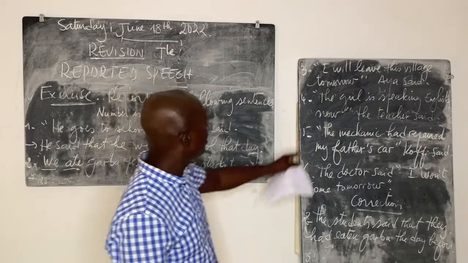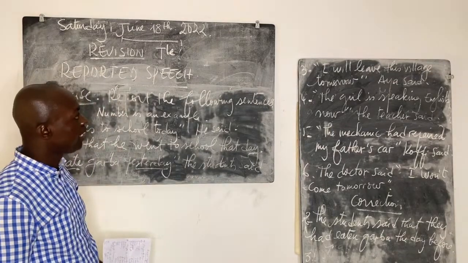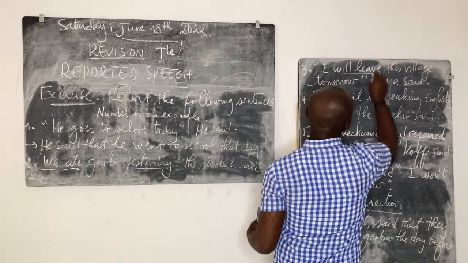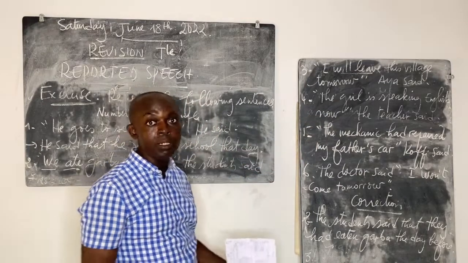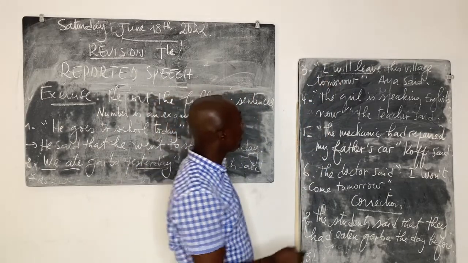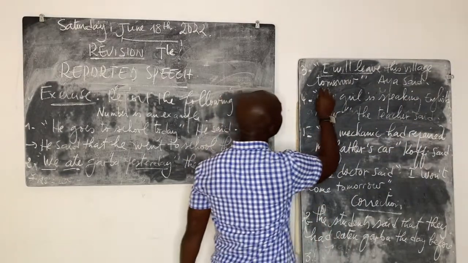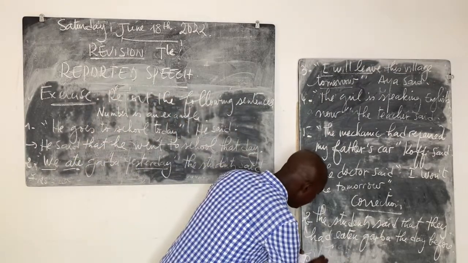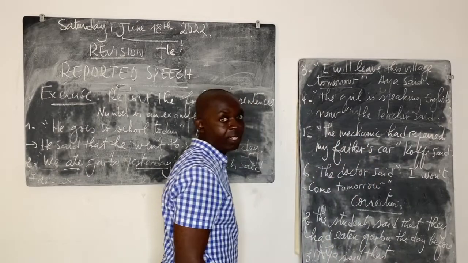3. I will leave this village tomorrow, I have said. The sentence here in direct speech, the verb is in future simple. So it's going to change. The future simple is going to be the conditional simple. And here we have the pronouns, I and this, without forgetting the adverb tomorrow. This is going to be: I said that